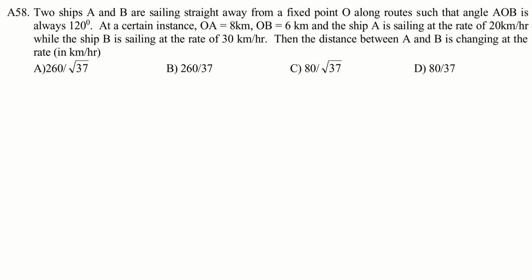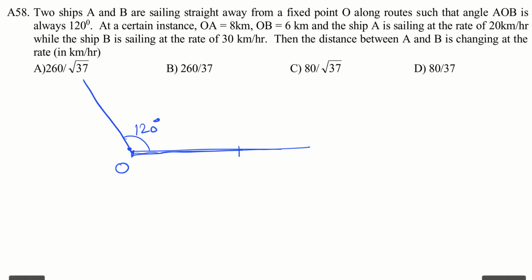See, this is a simple physics problem. We have a point O here. We have one ship sailing like this, say, and one ship sailing this side, such that between them always an angle of 120 degrees is there. Now, if I assume that the distance from O to the ship as x, he gave that dx by dt is equal to 20 kmph.